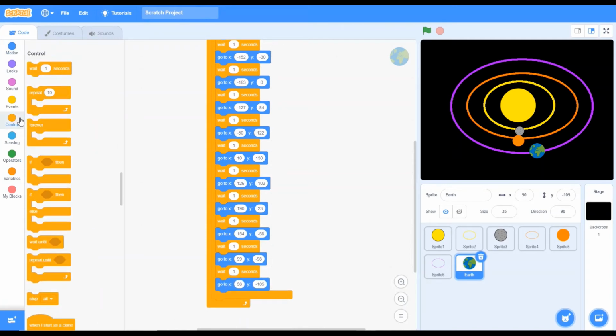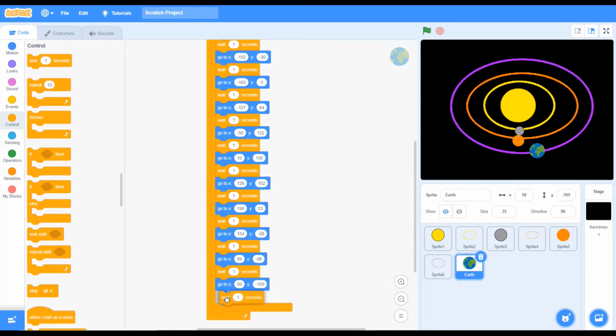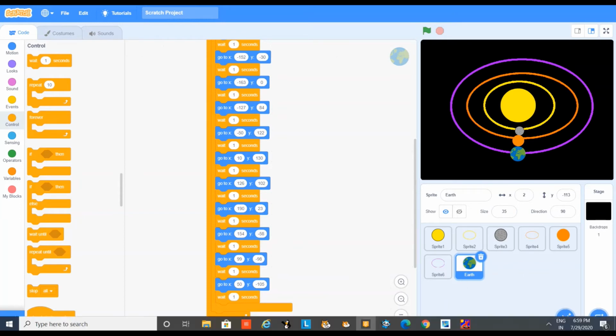Now friends, I told you that I will not show but I want to see once. See, Mars is going in the other direction. See Earth and they are almost close. I will click on the green flag. Oh no. Stop. I clicked much faster.